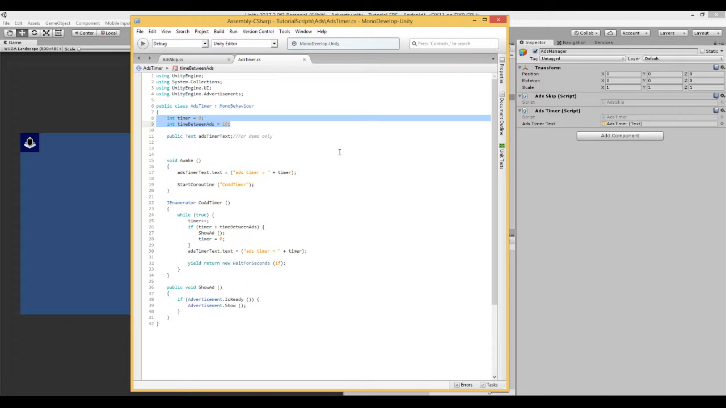The next thing I did was I created this public text ads timer text and put a little note here. It's for the demo only. Obviously when you publish your game you're going to get rid of that. Okay, so it's for our reference only. Good. So in awake here we have